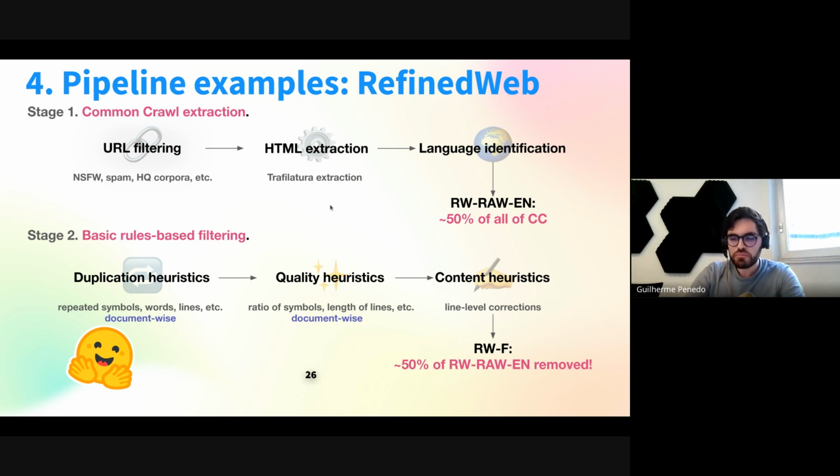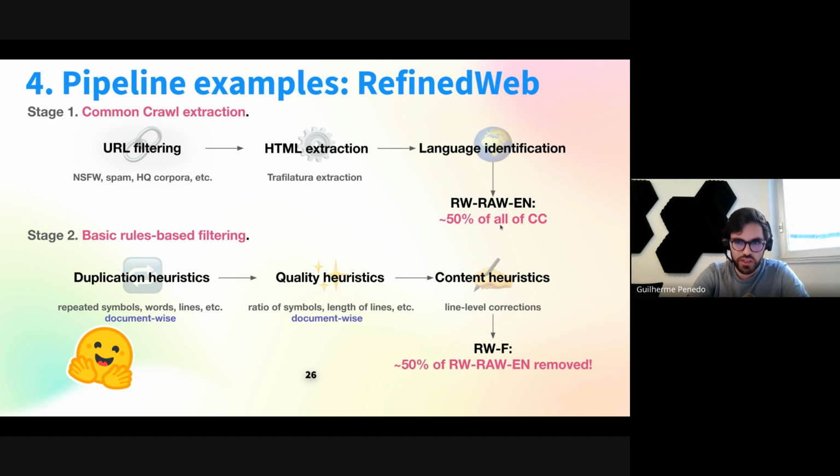We have some specifically handmade corrections for some lines. So for example, in some lines you'd see "share on Twitter" at the end, and this is just an artifact from how the HTML was parsed. So we have some handmade things to try to correct a few of these by hand. And again, with all these three steps, you also remove 50% of the 50% you had after